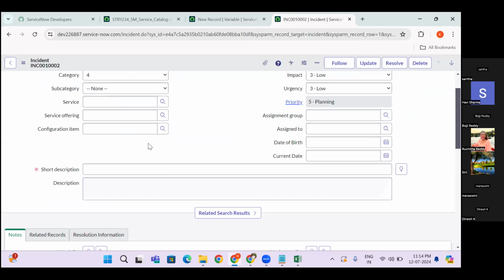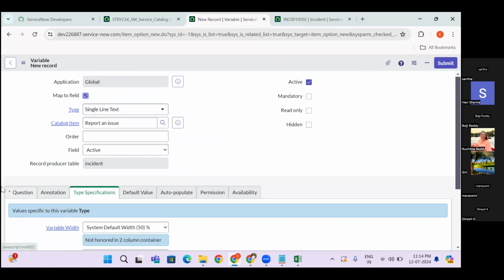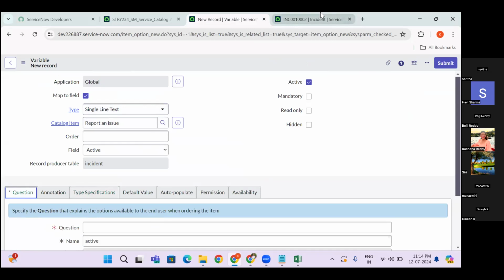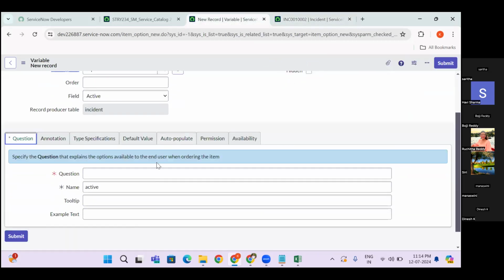Like that, we need these fields for the catalog item as well. So we have an option called map to field. Whatever field you create here, suppose we are creating a field for short description. So please provide the